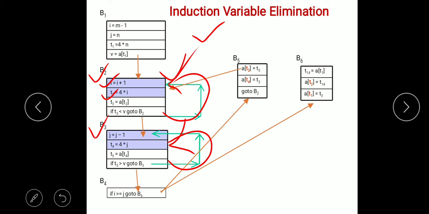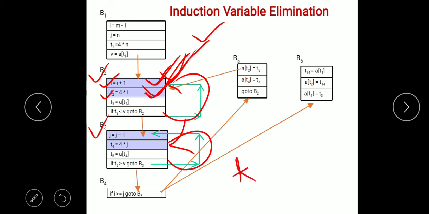If I change the value of I by 1, the value of T2 is changed by 4, and for each iteration the value of T2 is incremented by 4.